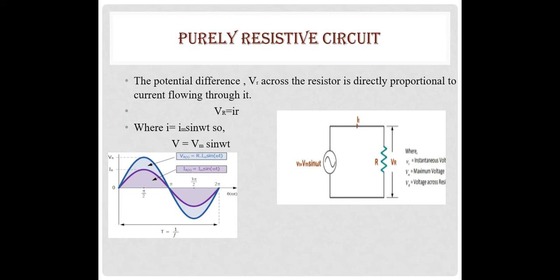Both are starting from the 0 axis. But here we can see that the magnitude of current is a bit lower than voltage. This is because current is equal to Vm by R, and R is some positive quantity. Due to this reason current is always less than voltage, right. So moving on to next. This is the phasor diagram. Here we can see that the angle between the voltage and the current is 0. Clearly it is visible, right.